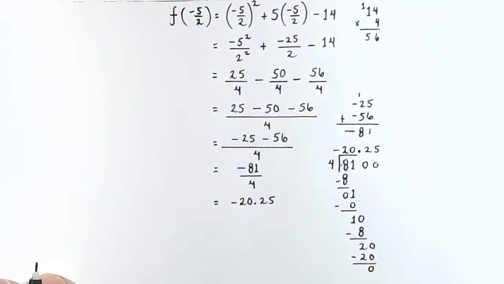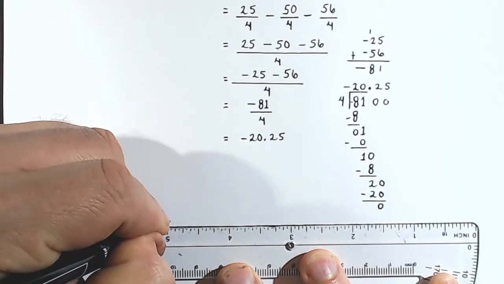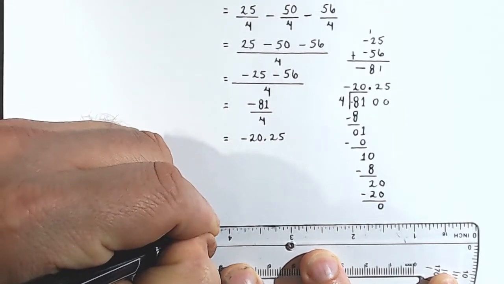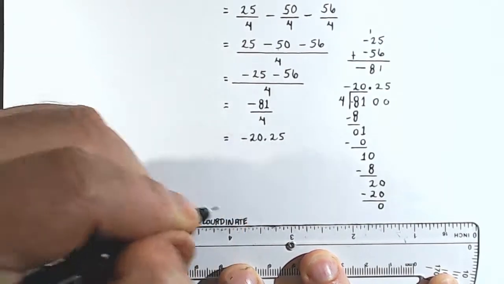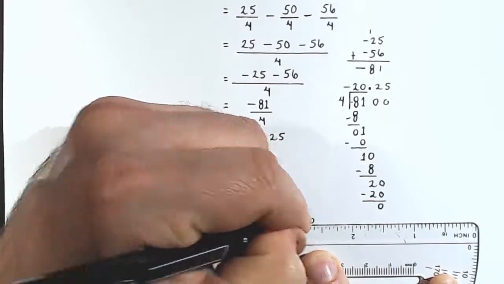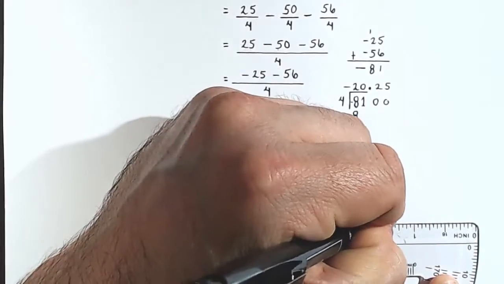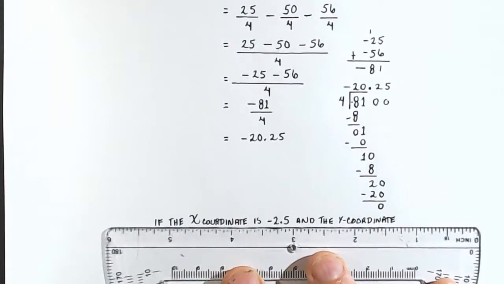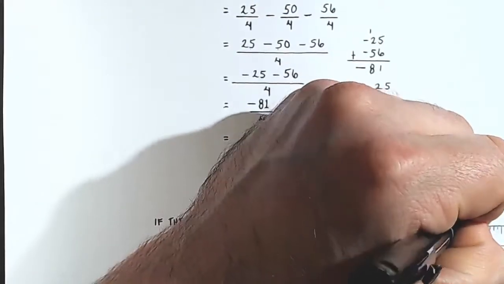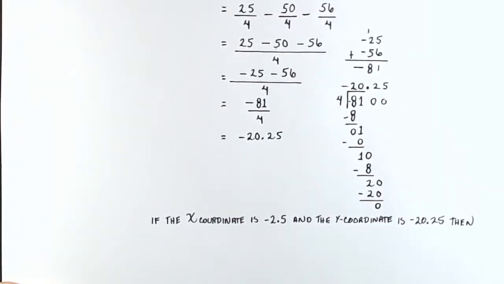So let's kind of bring it all together here for a minute. We'll say this, if the x coordinate is negative 2.5 and the y coordinate is negative 20.25, then, I'll move my hand here, then, so if the x-coordinate is negative 2.5 and the y-coordinate is negative 20.25,